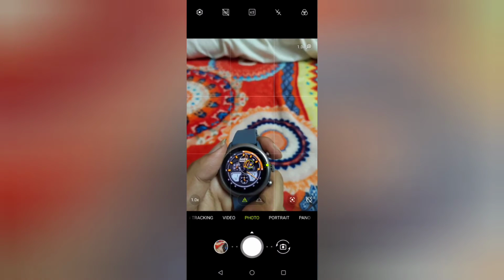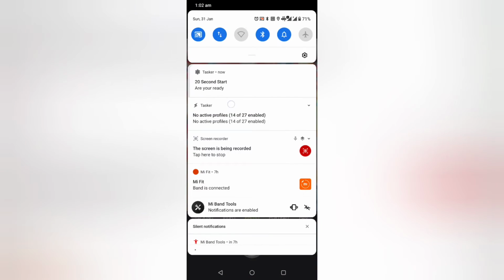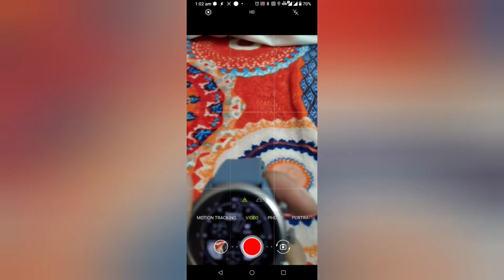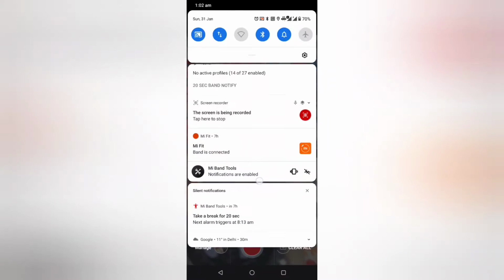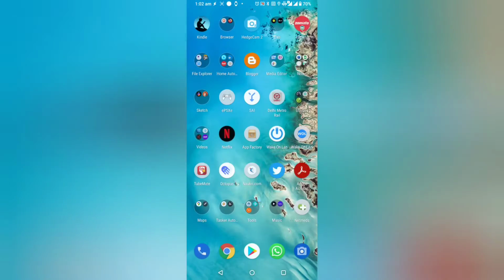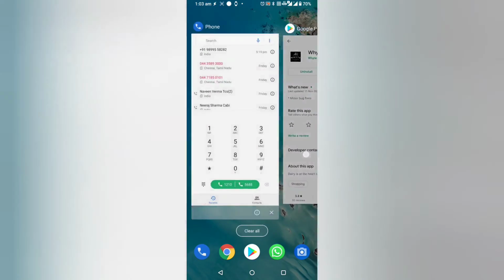So when I click on it, you can see it is showing up in the app. We also set it to start at 20 seconds, and after 25 seconds it will just go away, so you won't see anything in that. Now I think it's over, the notification is gone. So that is how you can execute it from your watch.